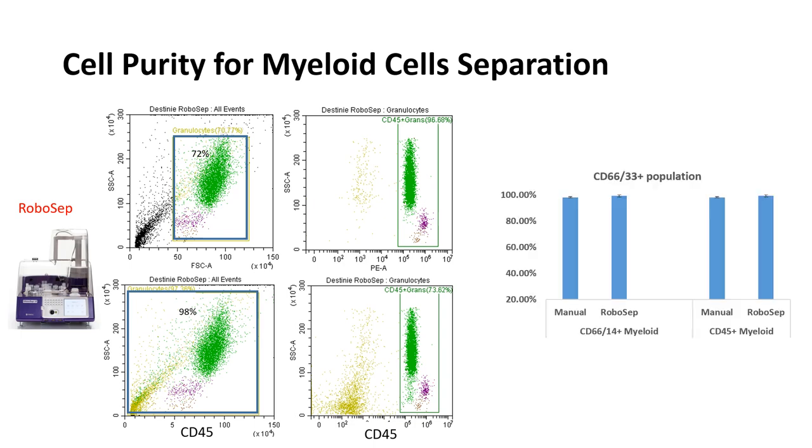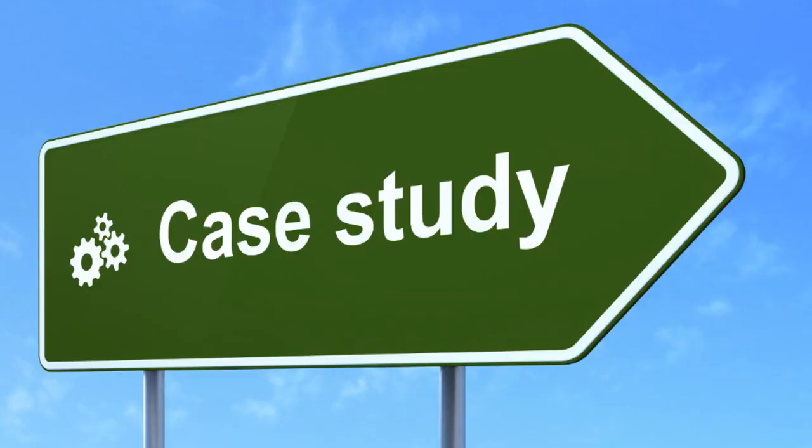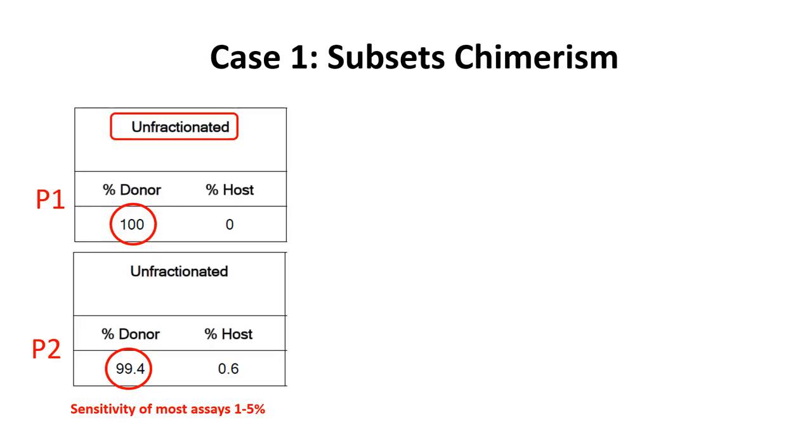For those, again, who prefer the visual representation, I put them all in one graph to confirm that both are very close findings. Now, in the last part of this talk, I will focus on some of the case presentations. In our first case, which is a case of a subset chimerism,